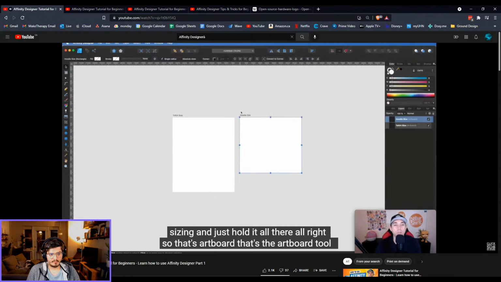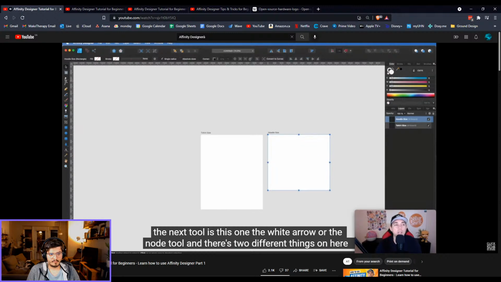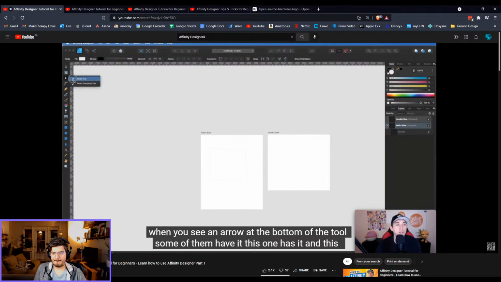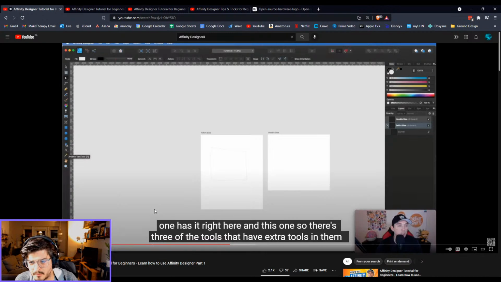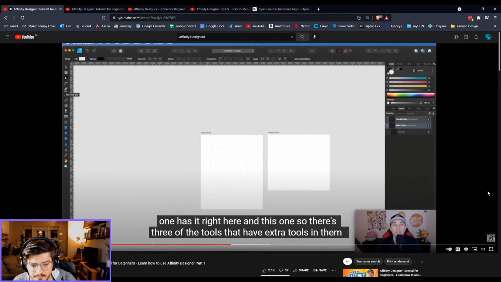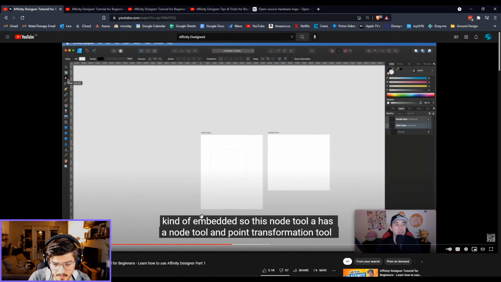That's the Artboard tool. The next tool is this one, the white arrow or the node tool. And there's two different things on here. When you see an arrow at the bottom of the tool, some of them have it. This one has it, and this one has it right here, and this one. So there's 3 of the tools that have extra tools in them, kind of embedded. So this node tool,